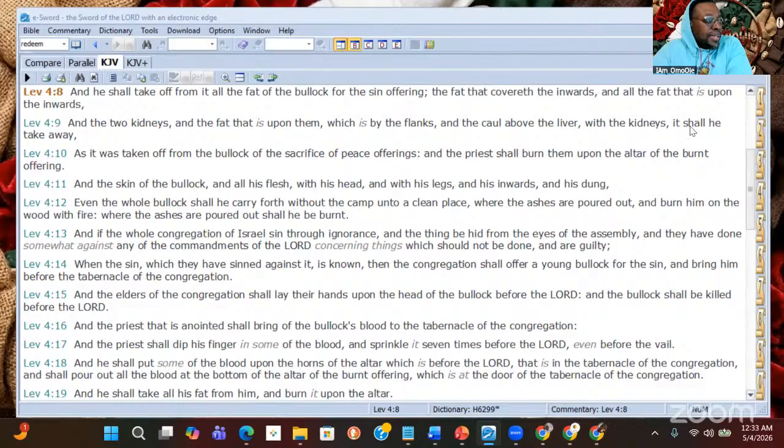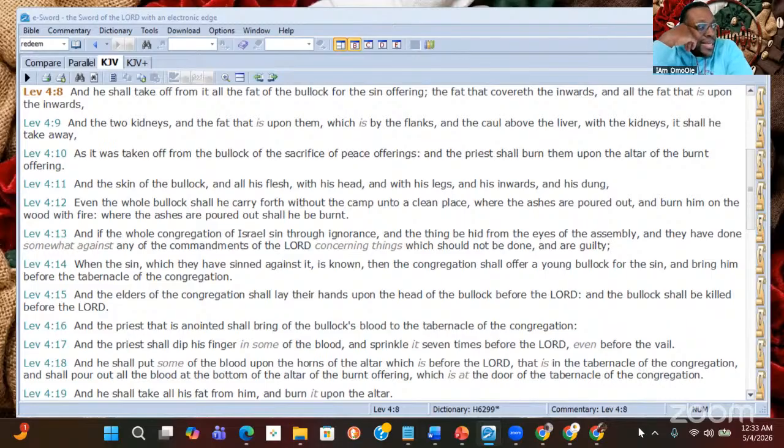The fat that covereth the inwards, and all the fat that is upon the inwards, and the two kidneys, and the fat that is upon them, which is by the flanks, and the caul above the liver, with the kidneys. It shall be taken away, as it was taken off from the bullock of the sacrifice of peace offerings. And the priest shall burn them upon the altar of the burnt offering, and the skin of the bullock and all his flesh,